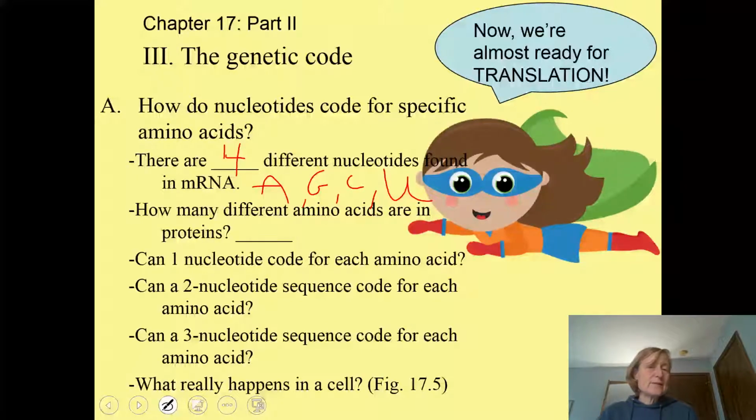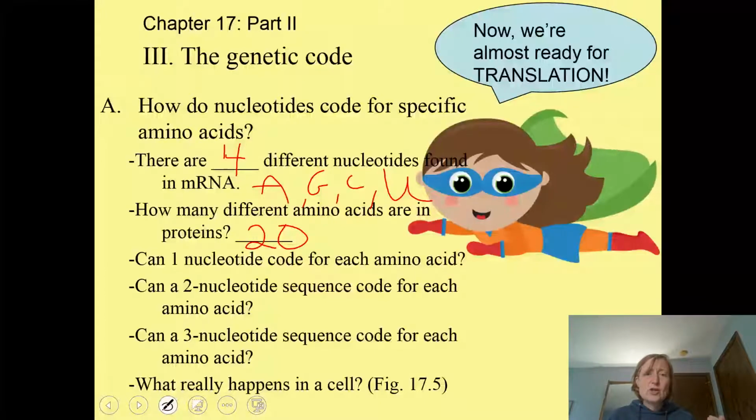How many different amino acids are in proteins? Ooh, this is something from chapter 5 material. How many different amino acids are used to build proteins? 20 different amino acids. You can look them up in chapter 5. And if you take biochemistry in the future, you'll have to memorize them all. Yay. So the question is, if we were